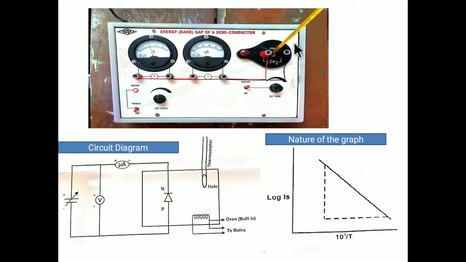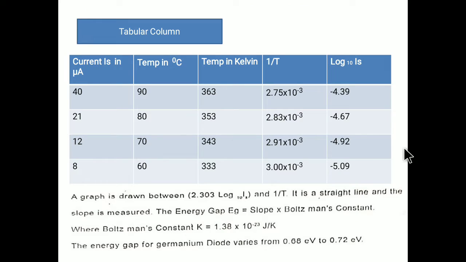After some time the temperature will start to fall. As the temperature starts to decrease, keep this voltage constant at 5 volts. As the temperature falls, correspondingly note down the current value for every decrease in temperature of 10 degrees Celsius. This voltmeter will show the constant, as I told, 5 volts. I will show here the tabular column, how you will note down the readings.